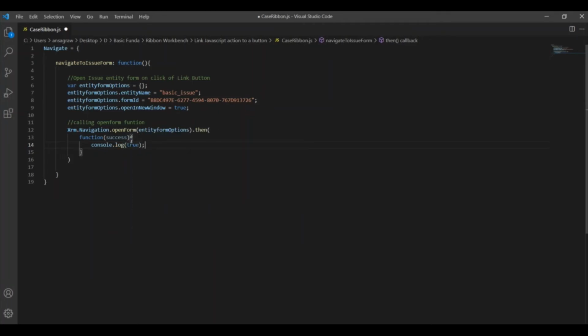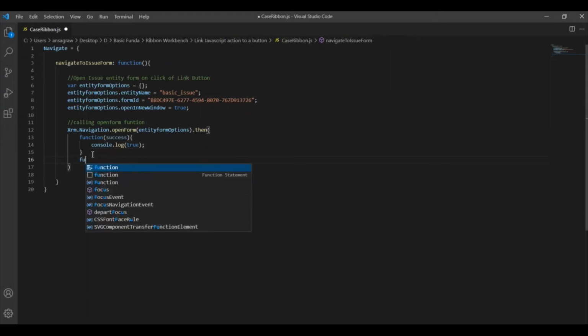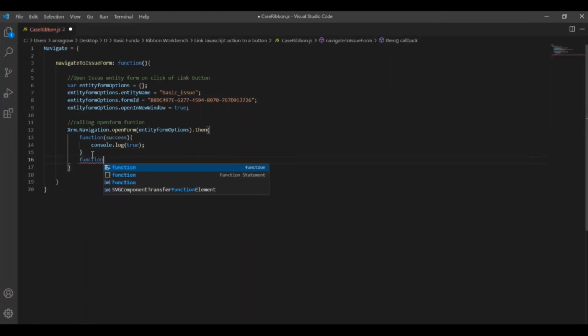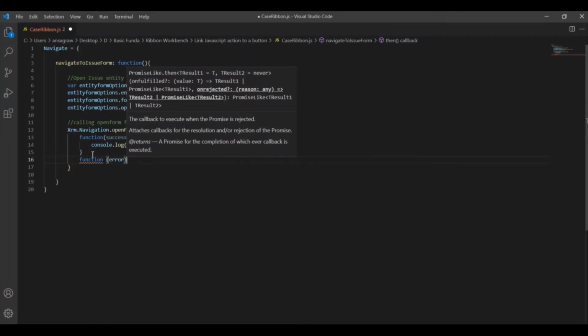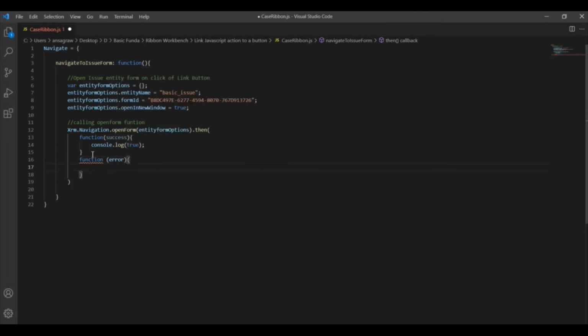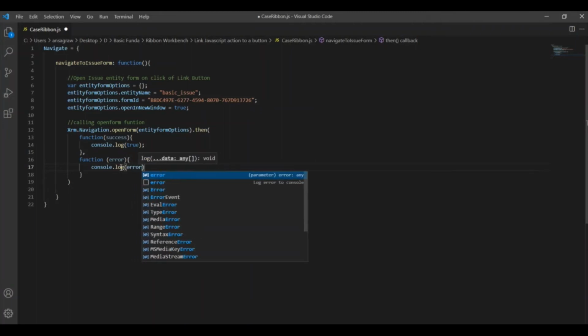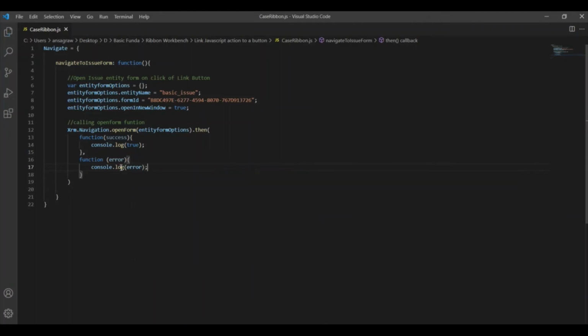And don't worry about the code, I have already given the code in my blog, and I will leave the link of that blog in the description so that you can copy the code in case you need it. So that is it. Just check if there is any error. That's it, we are good. So now we have created a small function.